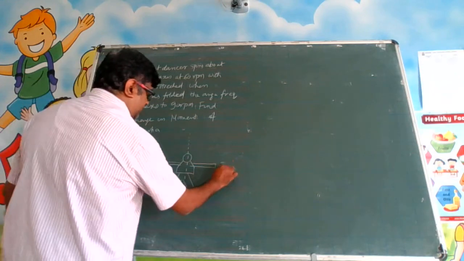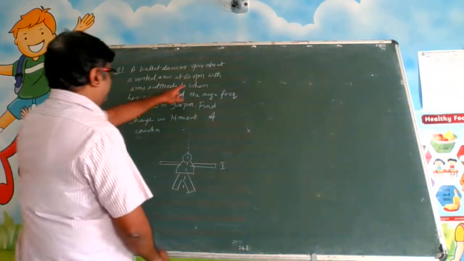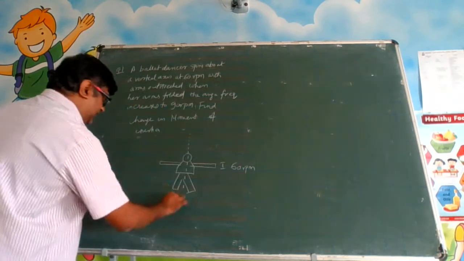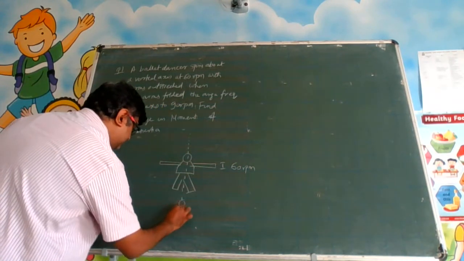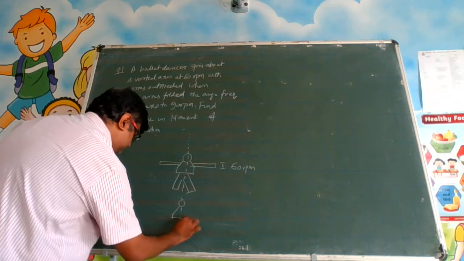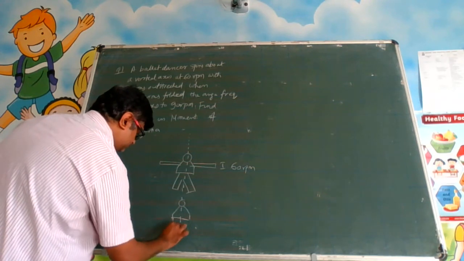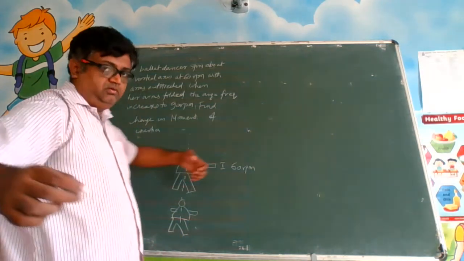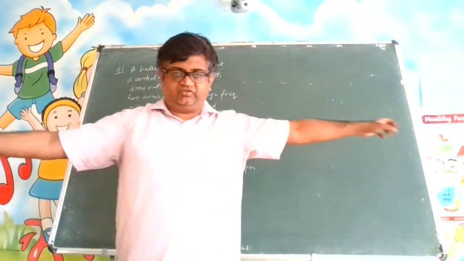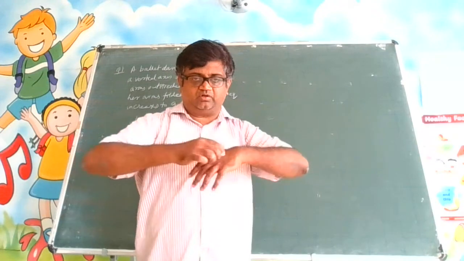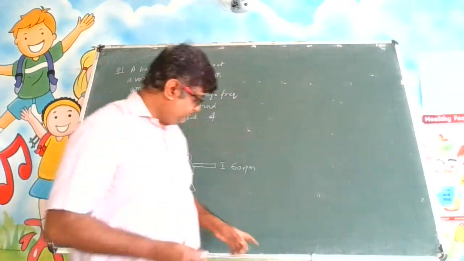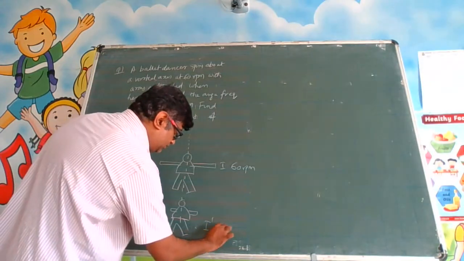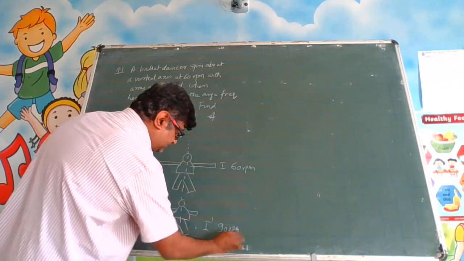Let us say here the moment of inertia is I and angular speed is given as 60 rpm. In the other situation, the same person is like this, but arms are brought closer. She is rotating and has got the arms very close. What happened? The angular speed increased. Let us say I dash into 90 rpm is there.